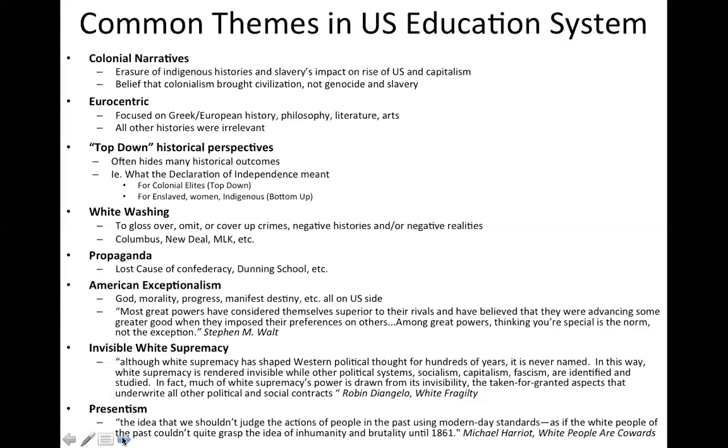We approach a lot of histories as what we call top-down histories, where we basically teach history from the perspectives of the elite. Our American Revolution is taught through the perspectives of the founding fathers, who were basically the colonial elites of our time, and we teach our history based on how they saw things and how it impacted them.